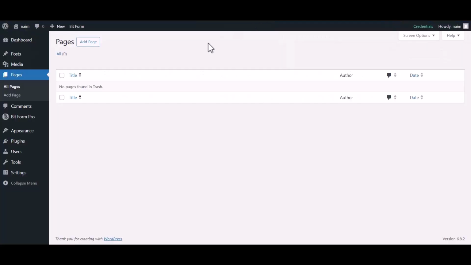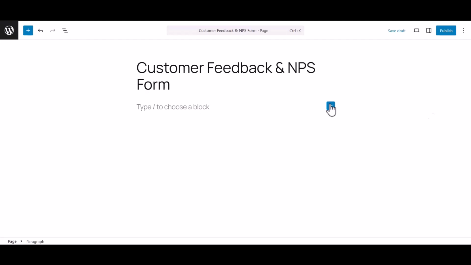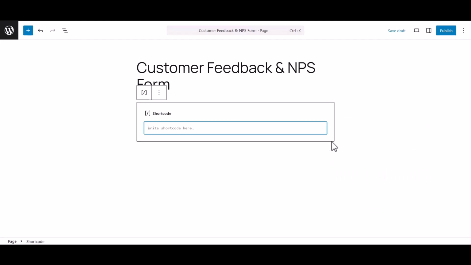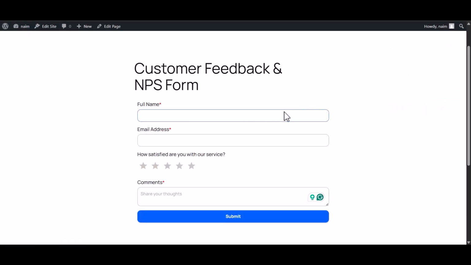Now go to your page, and paste the shortcode into a shortcode block. Finally, publish it, and your customer feedback and NPS form is ready to use. That's how you can easily create a customer feedback and NPS form in